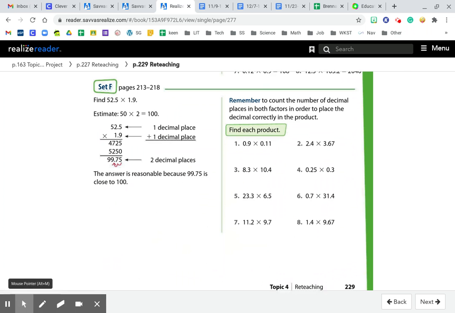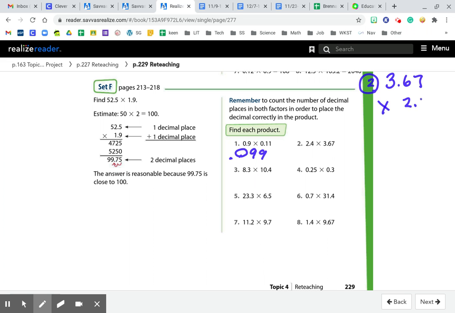And letter F, remember to count the number of decimal places in both factors in order to place the decimal correctly. So in this, we're doing a lot of multiplying here. Number 1, 9 times 11 is 99. I have 3 digits in decimal place value in the problem. That will give me 3 in the answer. Number 2, 3.67